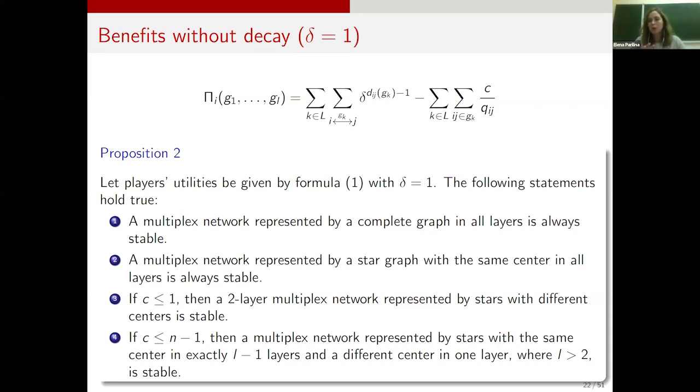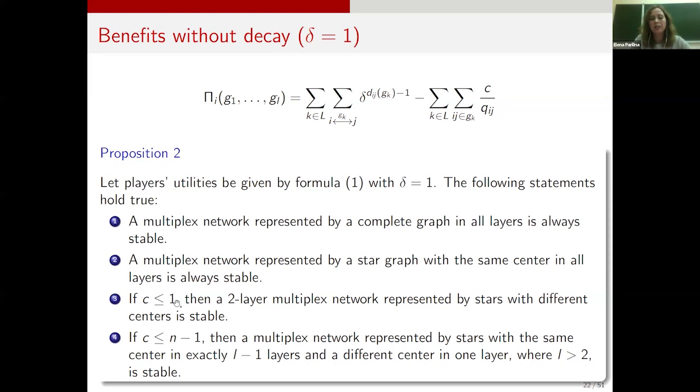It is impossible, so we focus on some structures and I represent them. So if a multiplex network is an all-layer complete network, it is always stable. The same we can say about an all-layer star network with the same center. But for example, if we consider a two-layer multiplex network with a star with different centers, to have it stable,